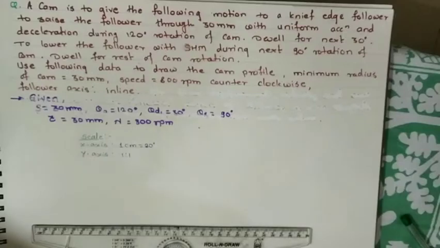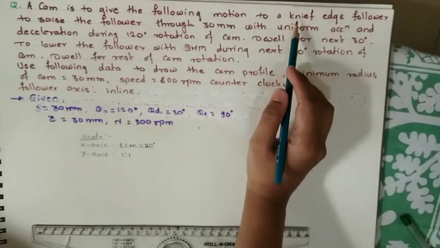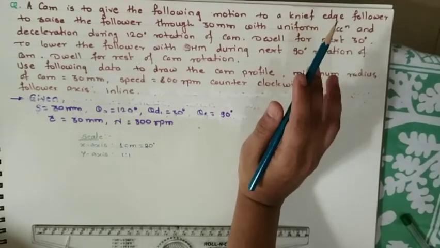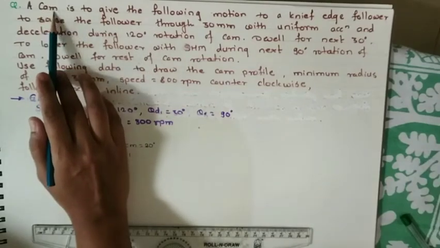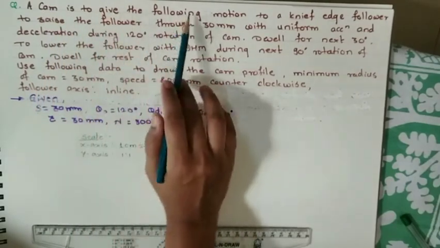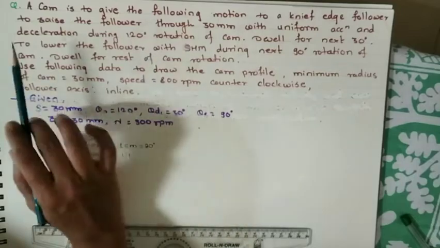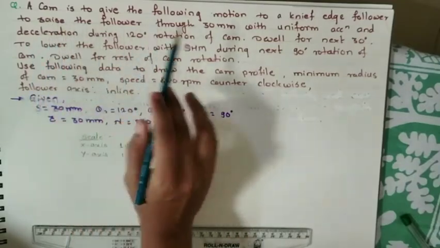Hello everyone, let's discuss the numerical based on cam and follower. We have already done a variety of numericals on this topic, but as per your request we are going to take a numerical on knife edge follower. So here is the statement: a cam is to give the following motion to a knife edge follower to raise the